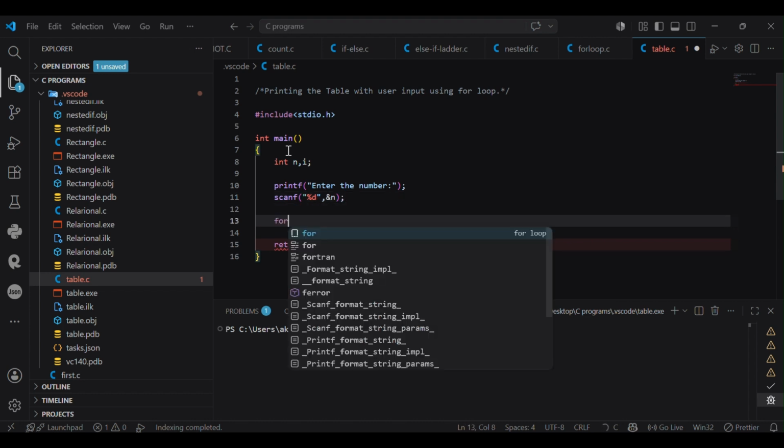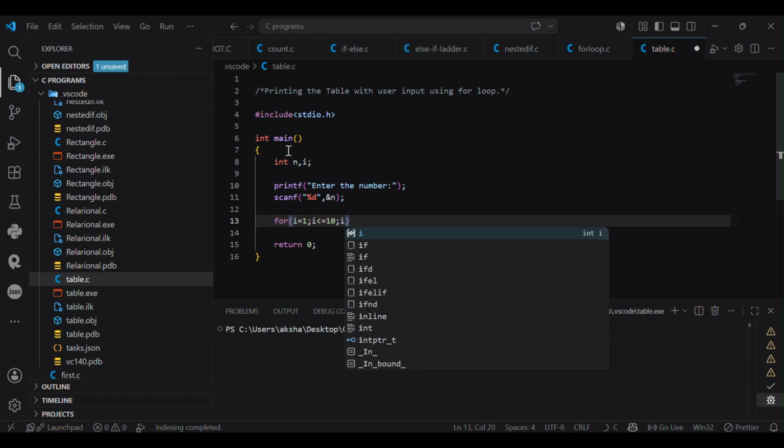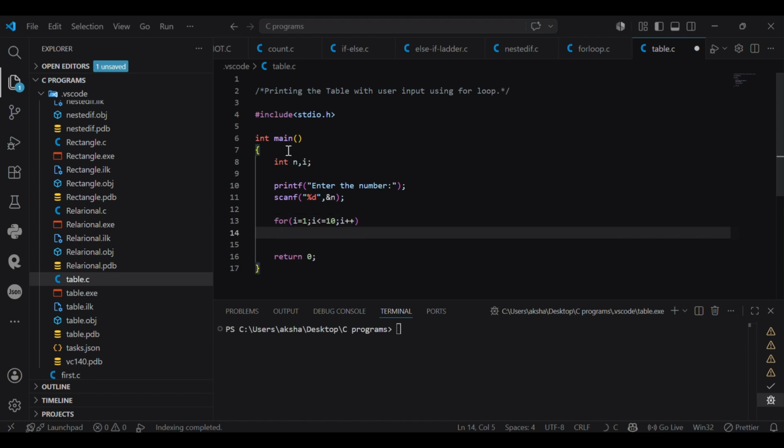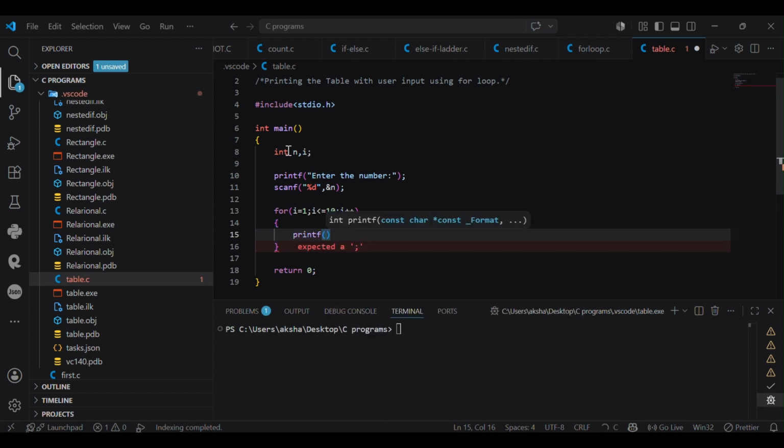After that, I'm using the for loop. Inside that, I should start with i = 1 and i should be less than or equal to 10. And after each printing, i should get incremented. Okay, now it's time to print the table. So using the printf function, inside that, providing %d